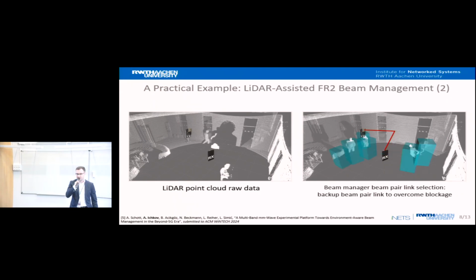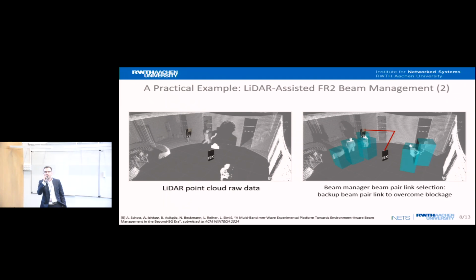And once there is an object which would block the actual RF signal, we do this in a proactive way, where we're actually defining a safe zone around the current serving beam pair link, and then we could switch to a backup beam pair link proactively. We don't wait for the link to be completely blocked, in a completely blocked outage state, but we're doing it proactively to enable the link to continue being served.